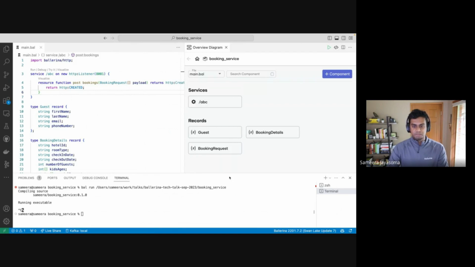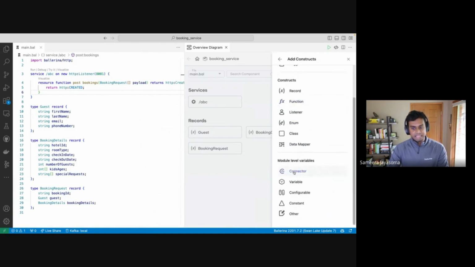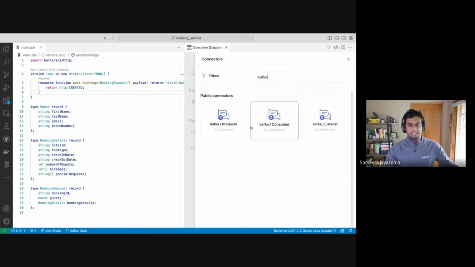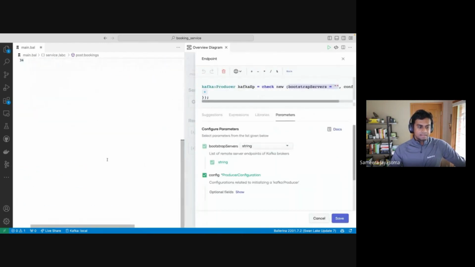And if you're not sure about how to do this, let's go to a component. We have something called connectors. And let's search for Kafka. If we have an available connector to Kafka or any cloud, any system, it should show up here. So we have a Kafka producer, consumer, and the listener. So let's use Kafka producer for this example,